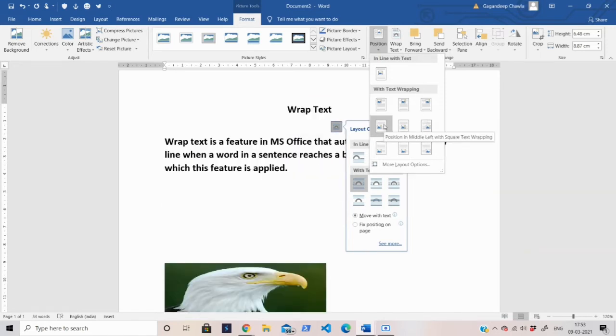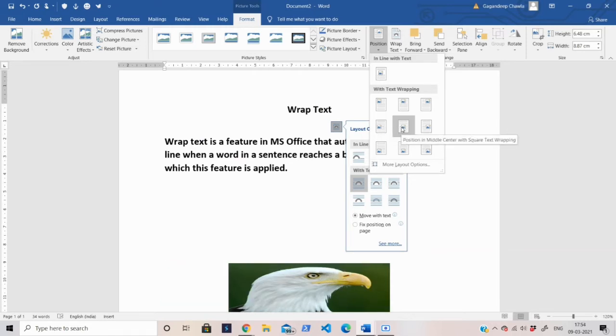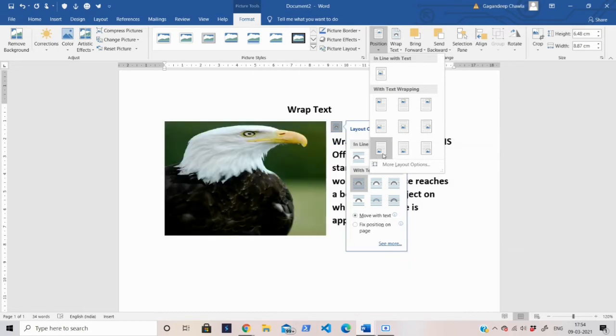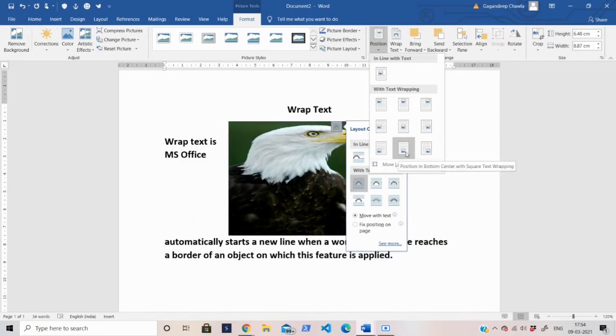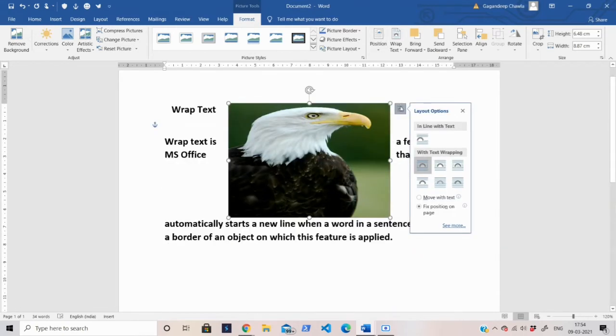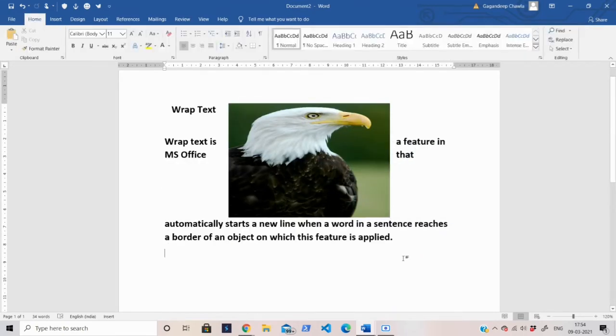If you want the text in the middle left, in bottom, in the center middle, in the middle right, in bottom left, bottom middle, or bottom right corner. Okay, so according to your choice you can just put the picture on a page.